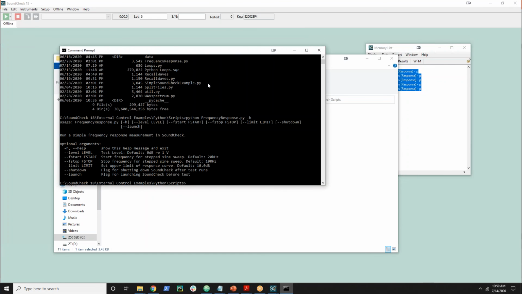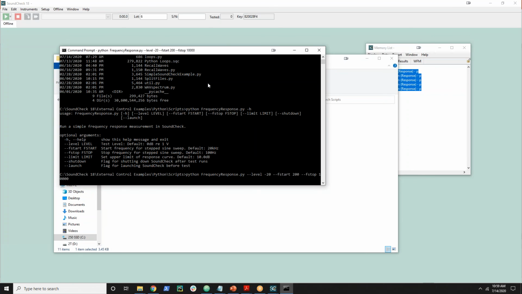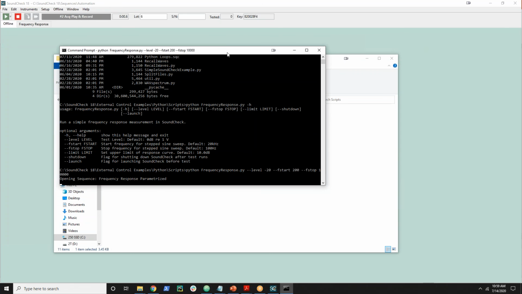And this is going to tell me how to do it. I could use this or the README. And I could say I want the level to be -20. I want f-start to be 200. I want f-stop to be 10,000. And as I run this,